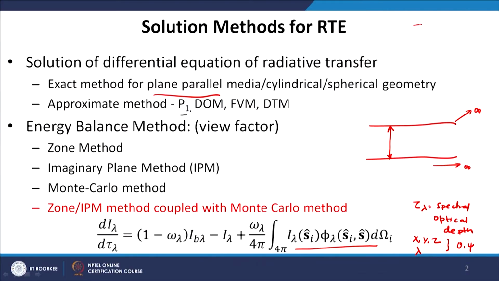angles. So, the major complication in the solution of this equation arises from the dependence on theta and psi, that is the directional dependence of intensity. So, if somehow we can simplify the dependence of this intensity on theta and psi, by either assuming that I does not depend on psi or I does not depend on theta or I does not depend on any of the parameters, the problem can be simplified significantly. So, we will see how this relationship can be simplified for some standard geometry.